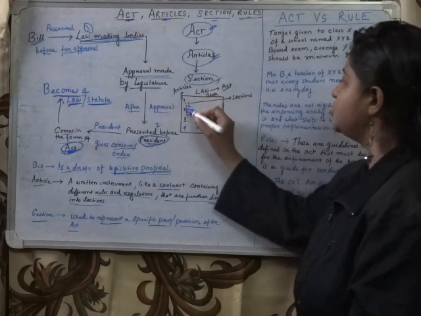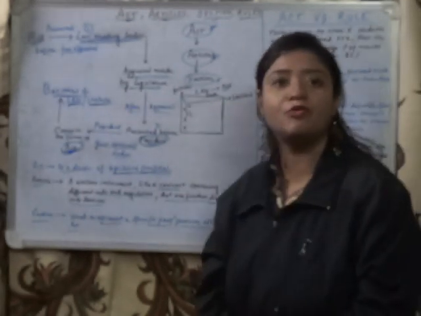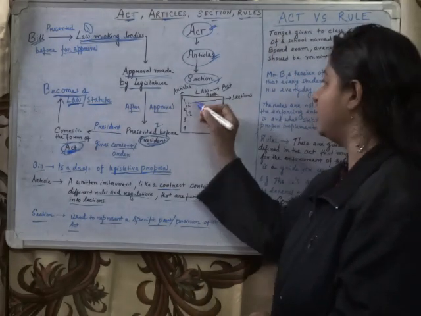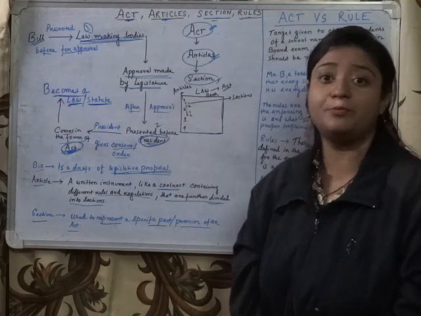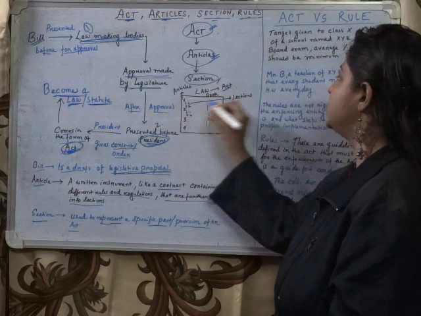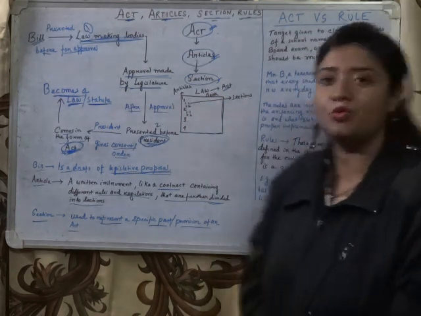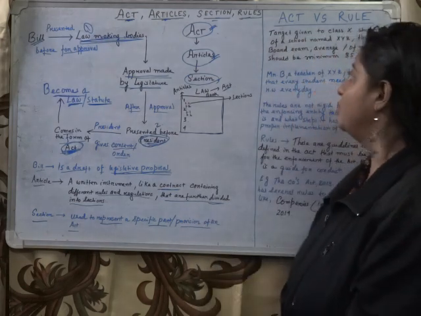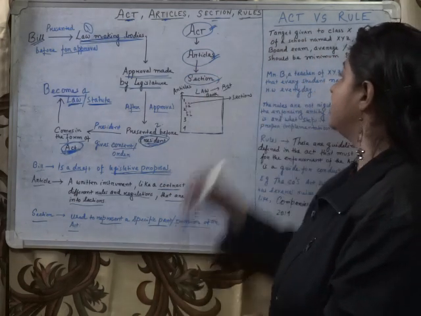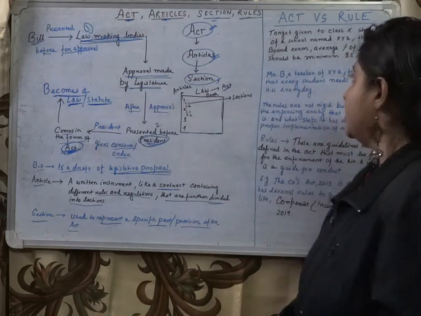These 1, 2, 3, 4 are articles. And when we move towards what is in chapter number 1, there is 1.1, lesson 1.2, like this. These 1.1, 1.2 are all sections. So I think it is very clear to you all how the acts, articles and sections are divided. Right? Now,